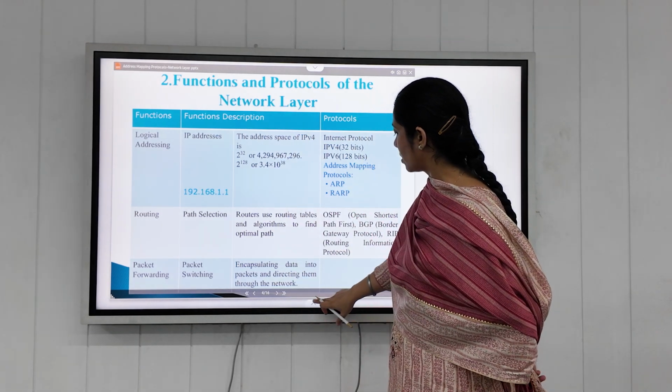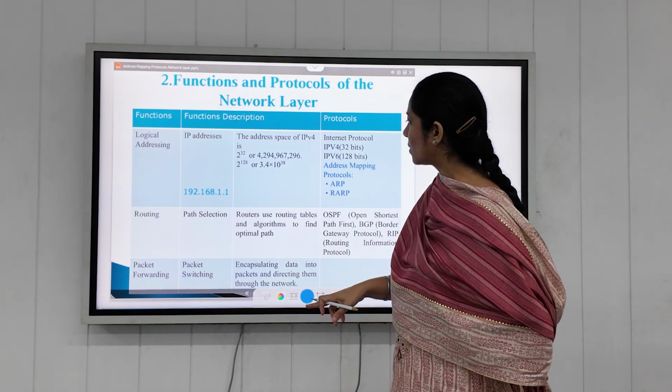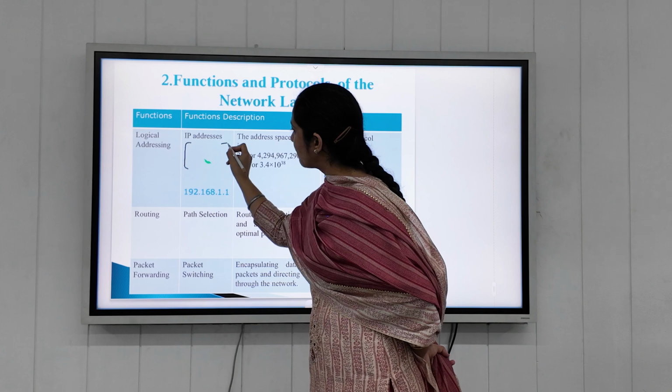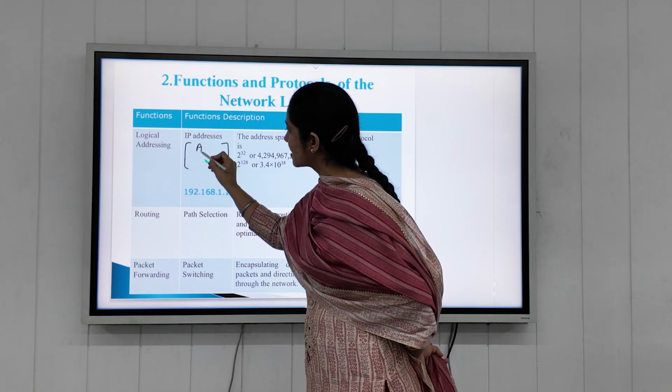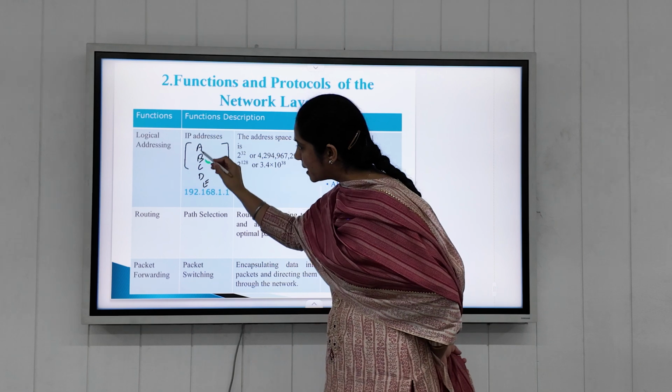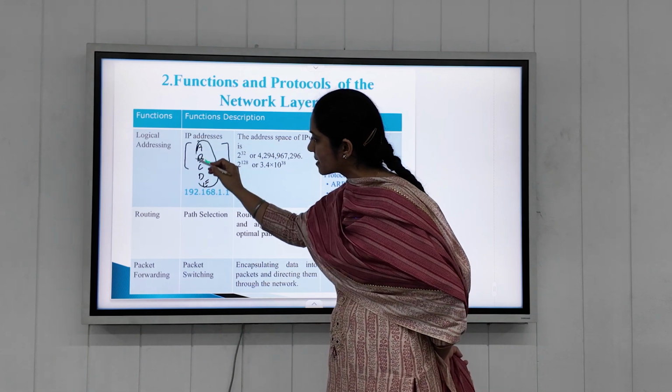The mapping occurs in the form of class A, class B, class C, class D, and class E, and these are called address classes.